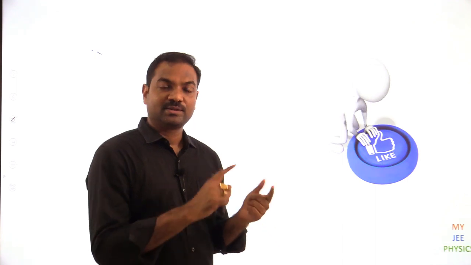About the O dash point, angular momentum is a variable quantity. About the O point, angular momentum is a constant quantity. So about the O point, the net torque acting on the system is 0, but about the O dash point, the net torque acting on the system is not equal to 0. So here mg will create the torque.